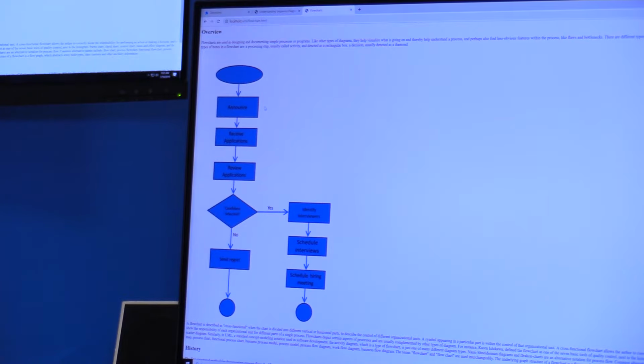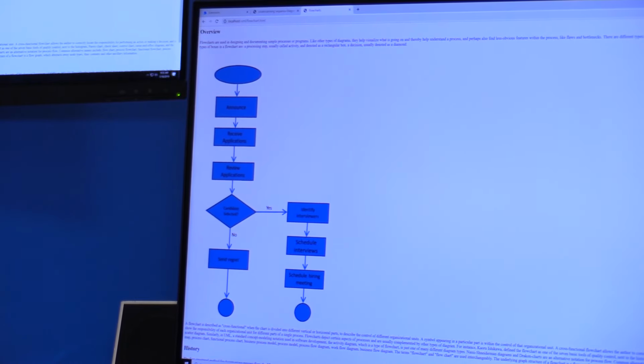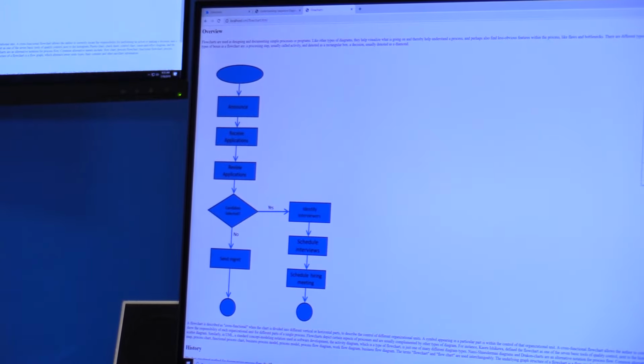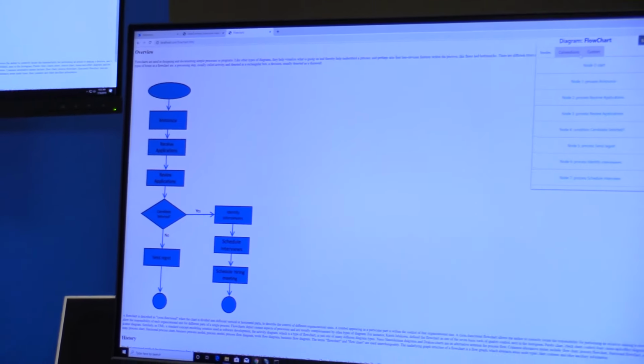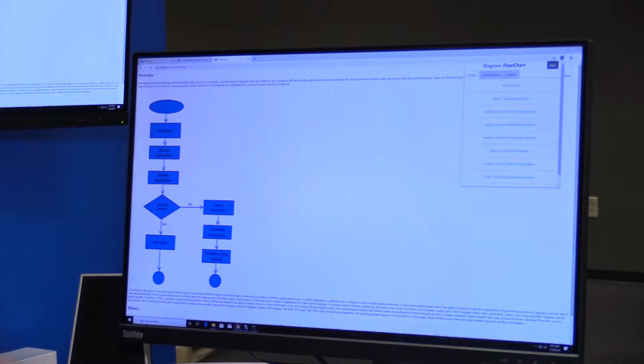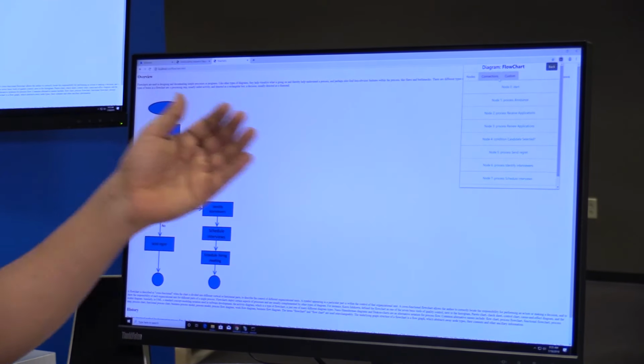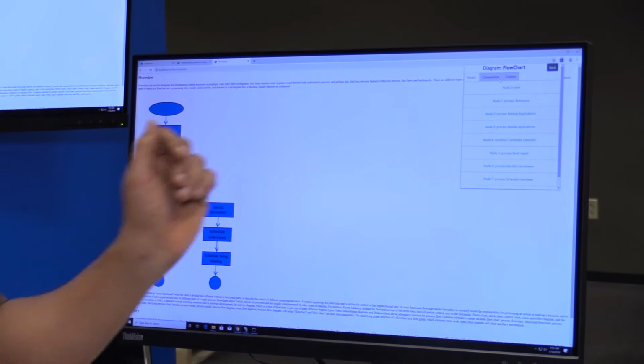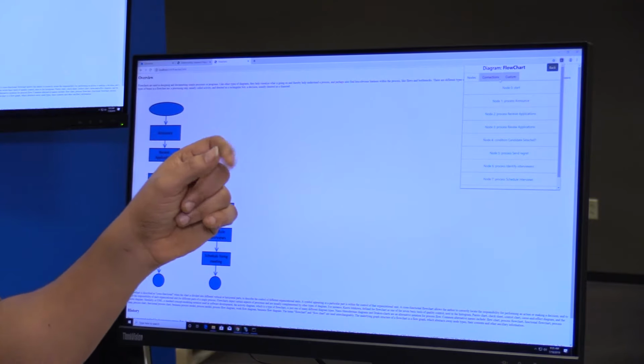Now with Drawvis, in a similar situation, the person can invoke Control D, invoke the Drawvis plugin, and they can select the image they want to analyze and just say analyze image. Now this image is sent off to a server where we parse the image, identify the author intent, and then we convert it into a graph that can then be processed by the plugin. So what you can see here is that we have identified that the diagram is a flowchart, so that's read out to the reader,